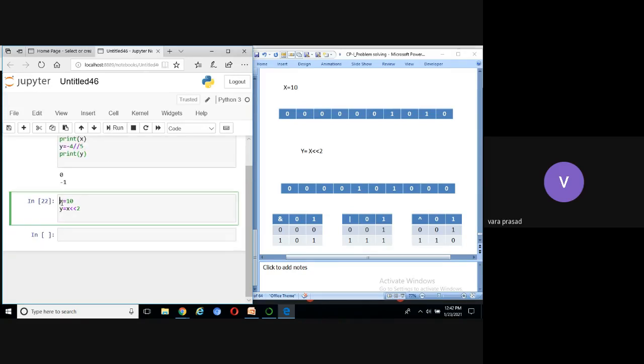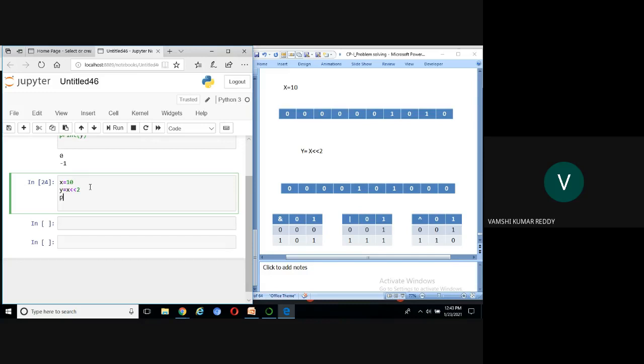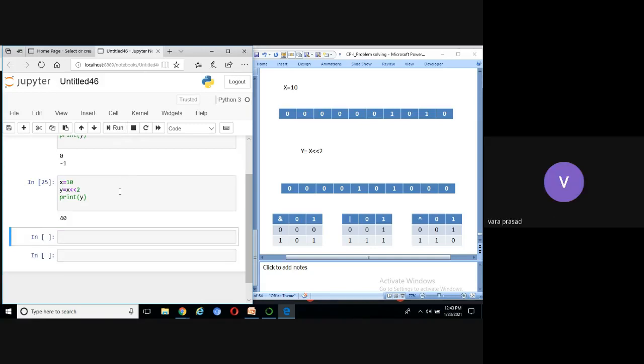The output is here, in the code. Print of y. Output is 40.